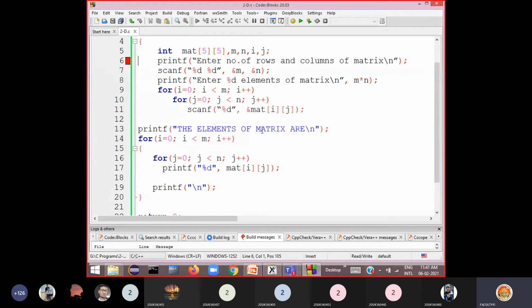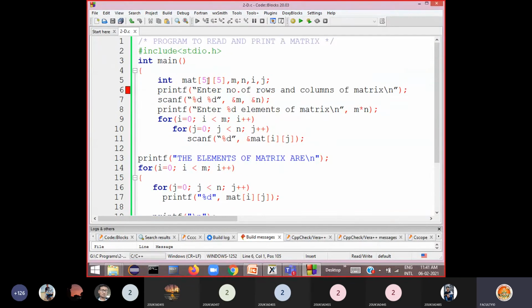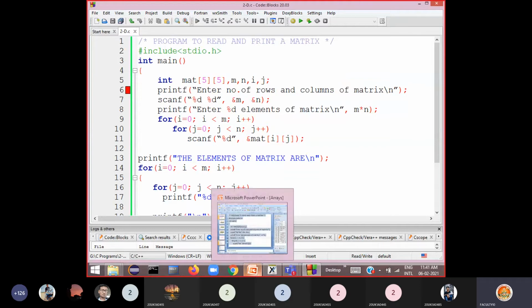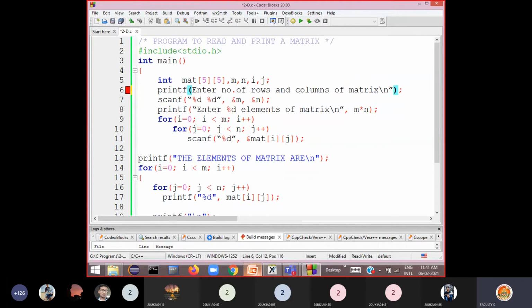yeah, there is an error. Okay, so what is the error here? Yeah, I copy pasted. These double quotes give an error. Need to change these double quotes everywhere.